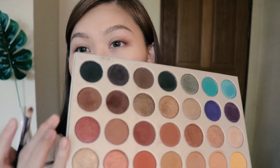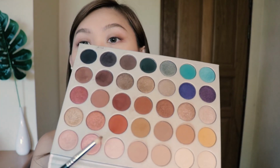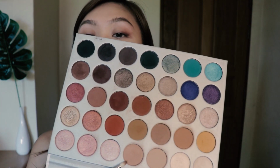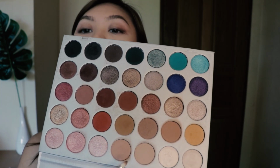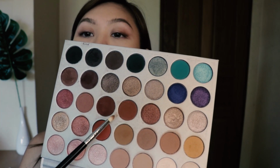So I've just applied this shade. So went like this. This is my first shade, and I use this shade, and then I move to